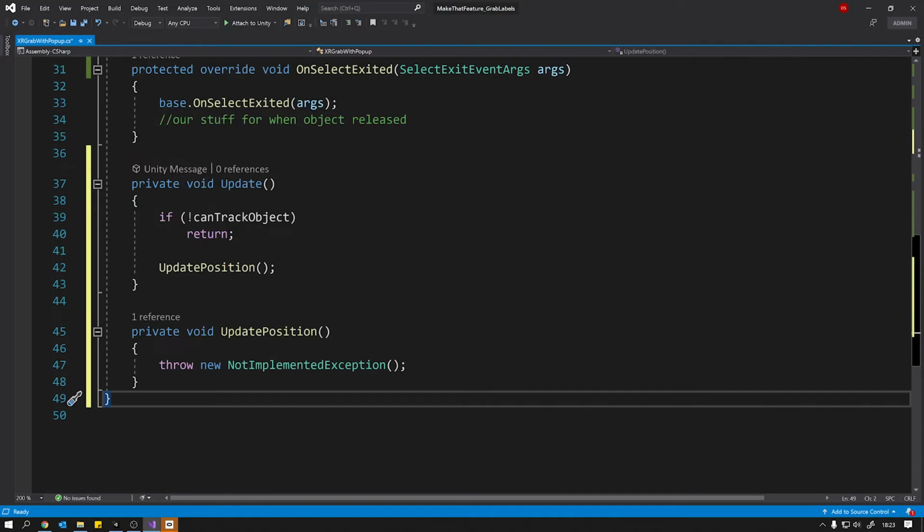So this is where the lesson gets slightly tricky, and we've got to do a little bit of maths to work out the position of our canvas. Because when we create the canvas, currently it's going to come in dead center of our cube, but each game object is going to be a different size, so it's not like we can specify a size in the inspector. So what we need to do, because we know it's a grabbable object, that grabbable object is